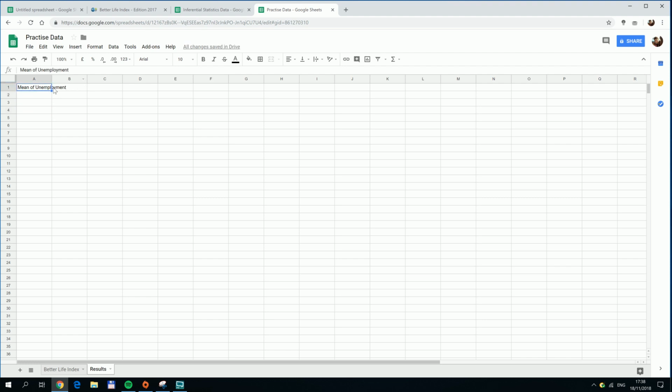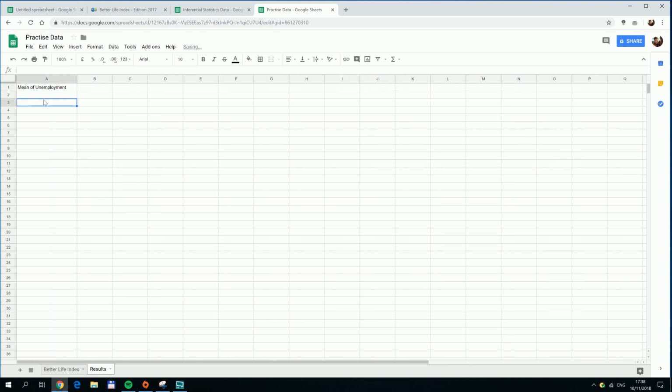Kind of spills over into the other one, right? So I can hold it here, make this column bigger to make it just nicer to look at. So this is my label, and let's actually calculate the mean here. So the mean of the unemployment column, so I'll do equals, which is telling the system this is going to